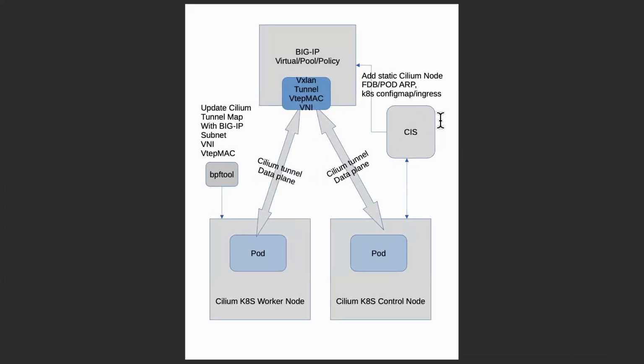So the official CIS release right now will not be able to update the static pod ARP address on the BIG-IP, because the official CIS release is not attached to add the static ARP for the pod. But the official CIS release will still add the FDB entry for the Cilium node. So for example, for the ARP broadcast to work, we still needed the Cilium node FDB entry, which the official CIS release version is able to do